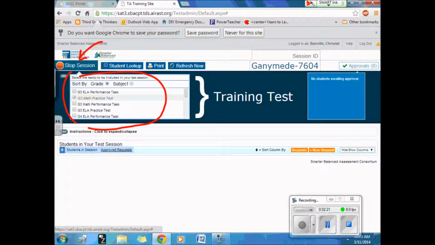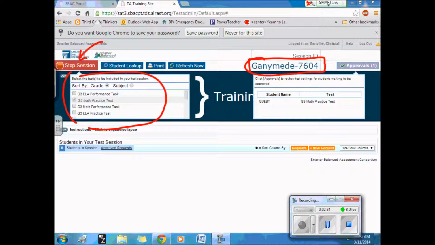And you'll see now that I have this new code that was generated here. This is what the students are going to have to type in when they log in, and that connects the student to the teacher. Once you've had your students type in that code, you're going to start seeing a whole bunch of things coming up over here for approvals. And you can see that I only have one in parentheses next to the word approvals because I'm only having it run on another computer right now,